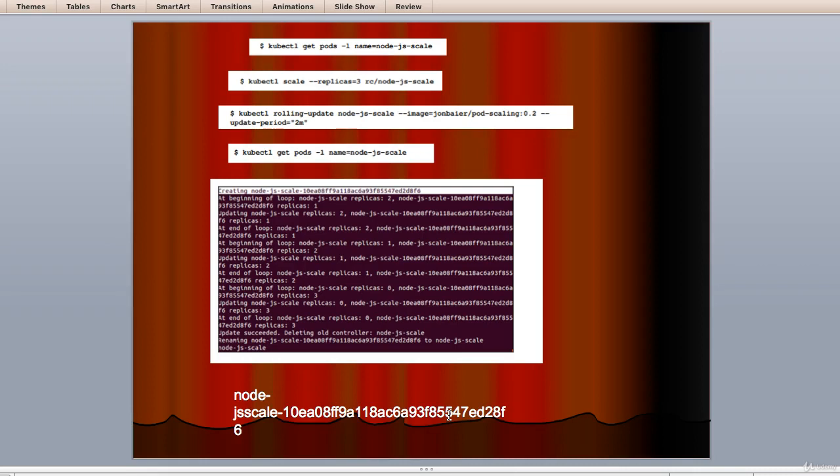This continues until the new controller has a full replica count and the old one is 0. After this, the old controller is deleted and the new one is renamed with the original controller name. If you run the get pods command now, you will notice that the pods still all have a longer name.